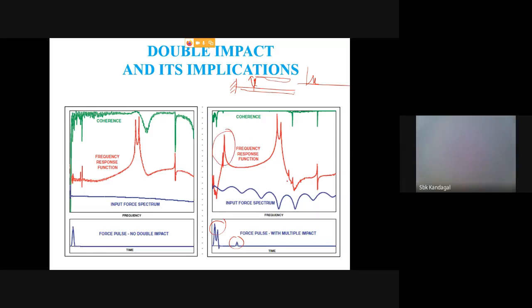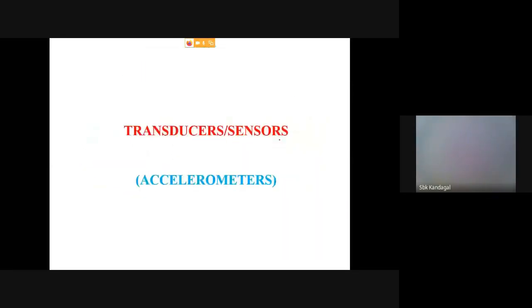It has got the corruption here, and you see the frequency of excitation bandwidth also got affected. Whereas if it is a nice single pulse, you will be able to get this input force vector. A double hit is not permitted. So whenever you do the experimentation, ensure that you use only a signal that has a single hit, a single pulse. Don't use one with multiple hits, and this comes by skill. You have to do it with care. Experimentation is an art.